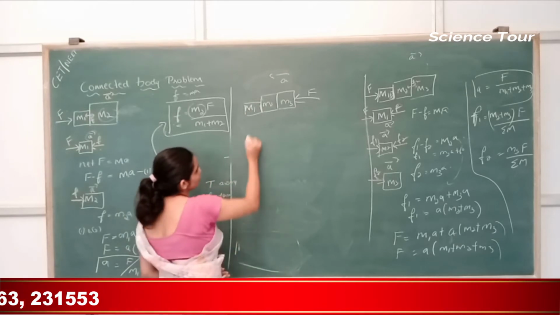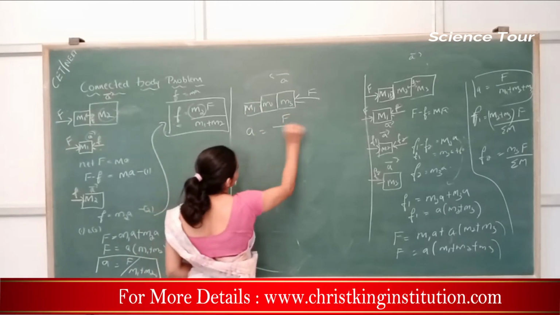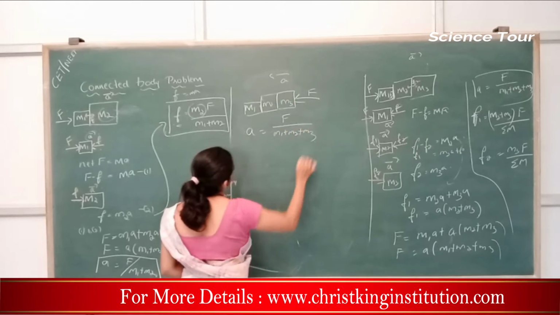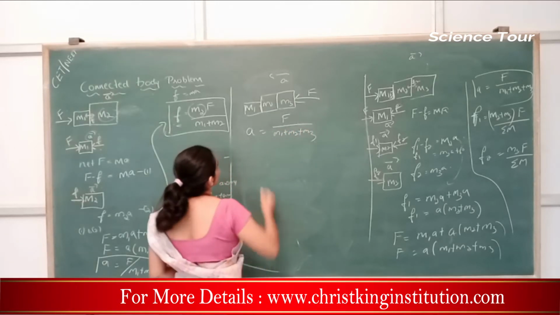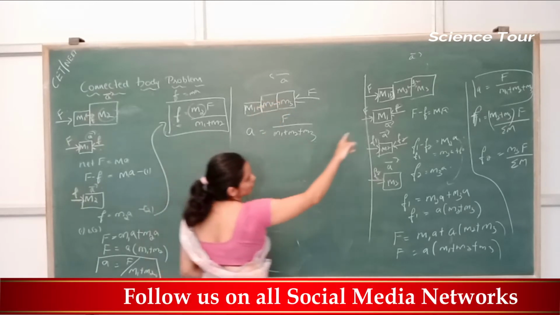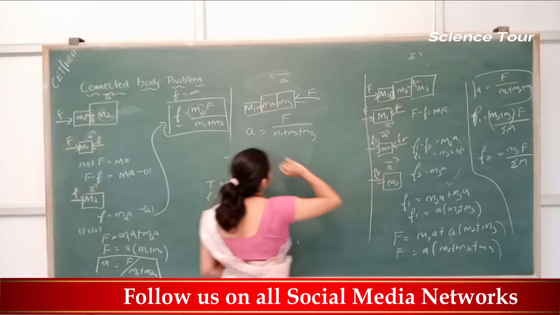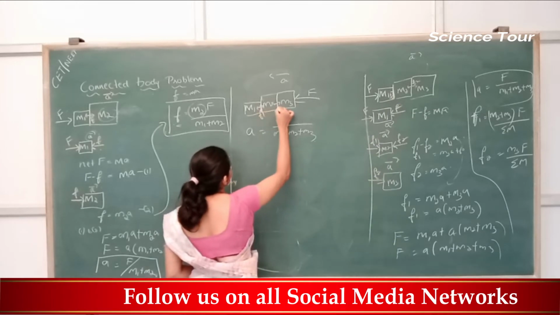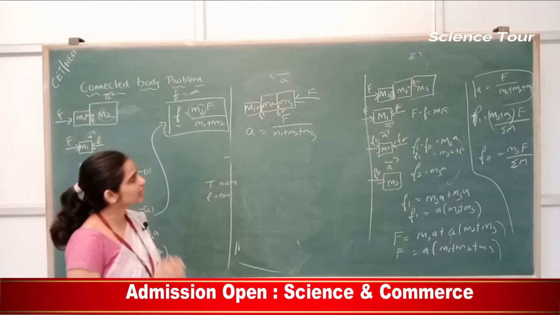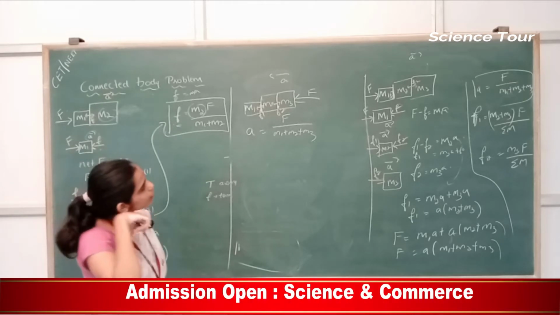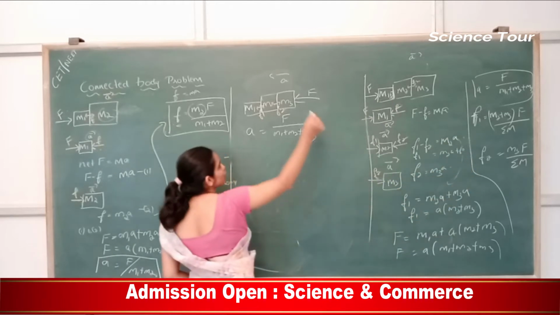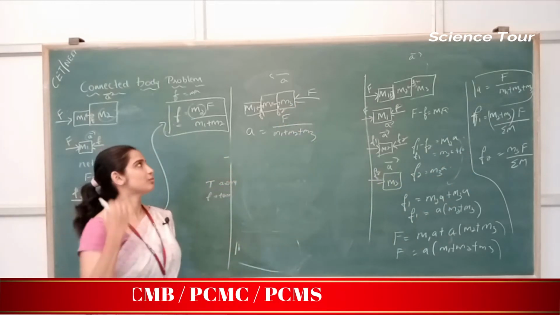Now, you know acceleration directly, you can write force by m1 plus m2 plus m3. Okay. But here is a contact force. Here is also a contact force. What is the contact force between m1 and m2? We have taken it as F1. This we have taken F2. Correct? So we will take the same here. So now when the force is applied on m1, this is F1 and F2. When the force is applied on m3, what is F1 and F2?